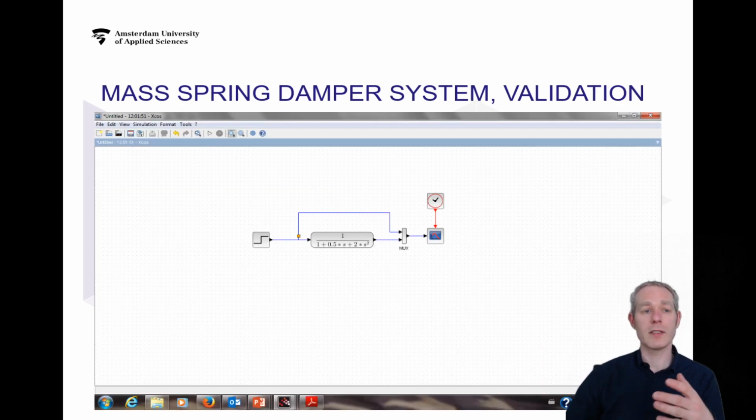Now let's have a look. This is an example of a piece of software called Xcos. It comes free with Scilab, which is a free piece of software, and I would like to show you a little simulation. But before we go to the simulation, if we look at the differential equation, or the transfer function here, 1 over 1 plus a half s plus 2s squared,